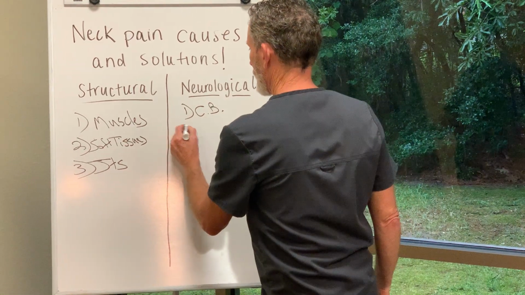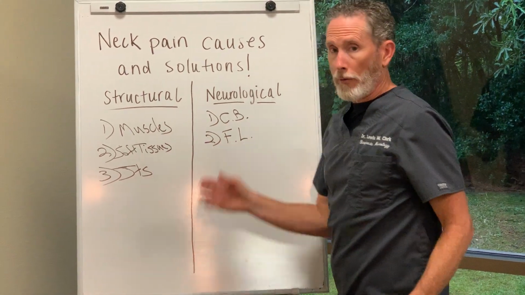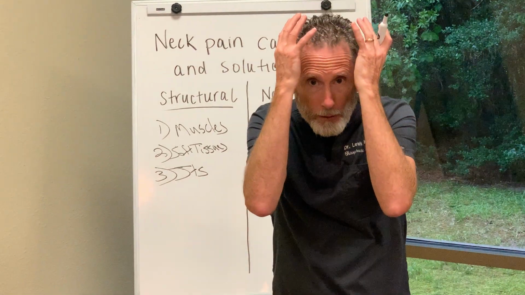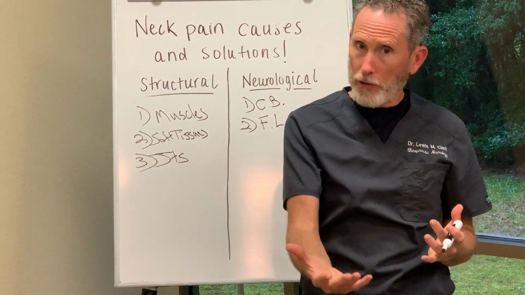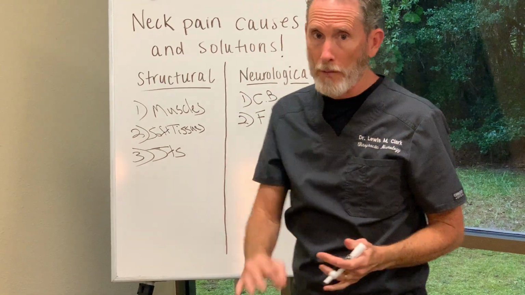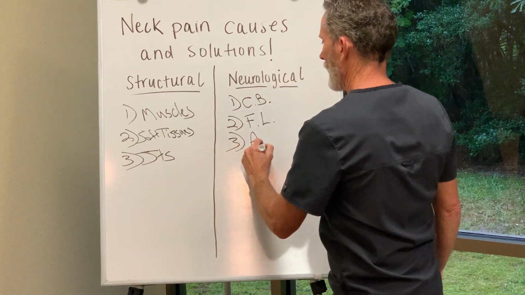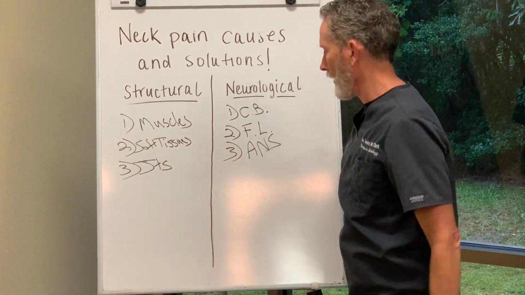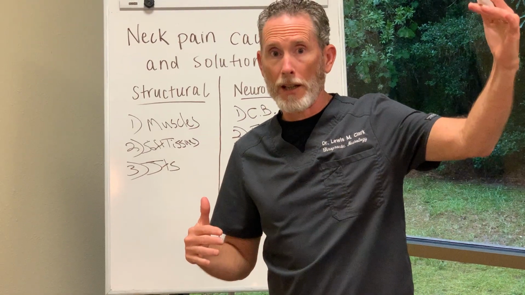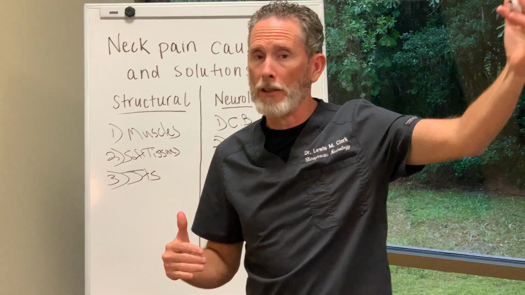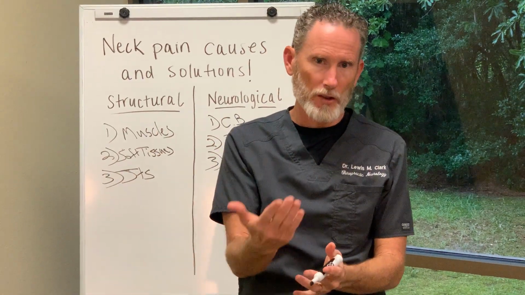Second part is your frontal lobe, the part of the brain here in the front, okay? What does that have to do with neck pain? Well, it controls muscles, and we're going to get into this and talk about this. And then the last one is your autonomic nervous system. And that is your balance between your sympathetic fight or flight state and your parasympathetic rest and digest state,